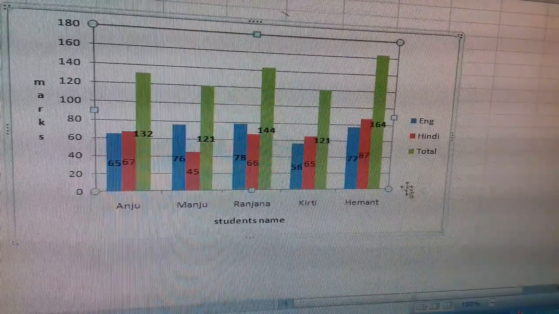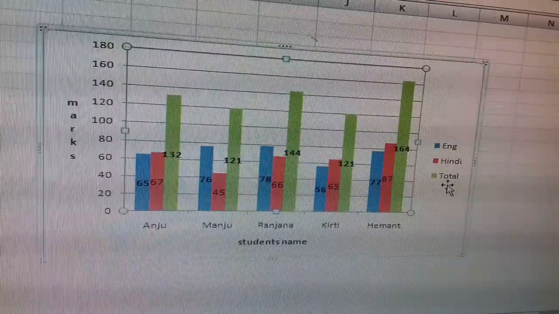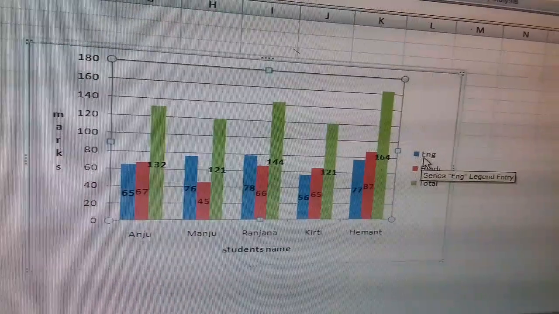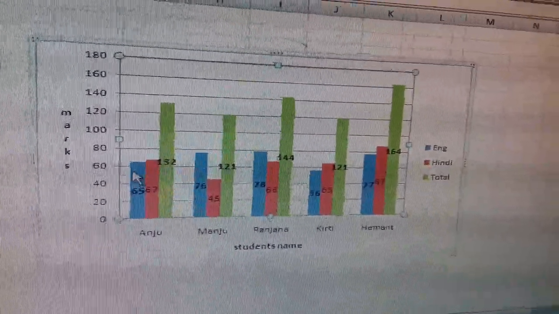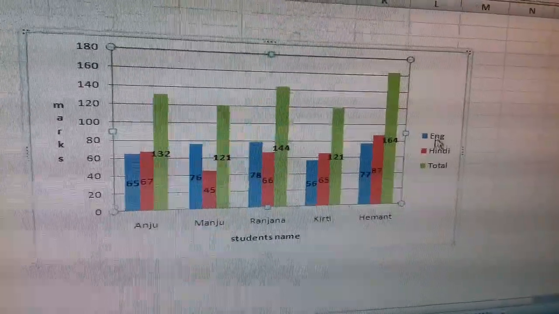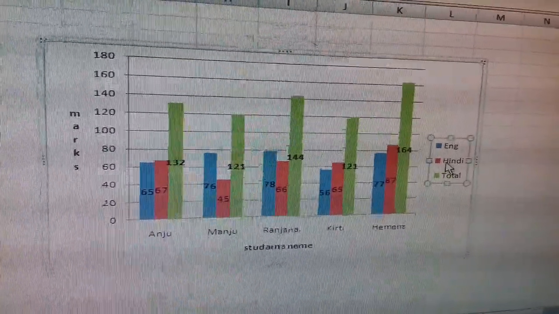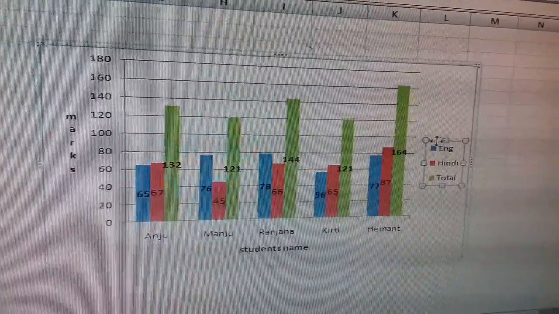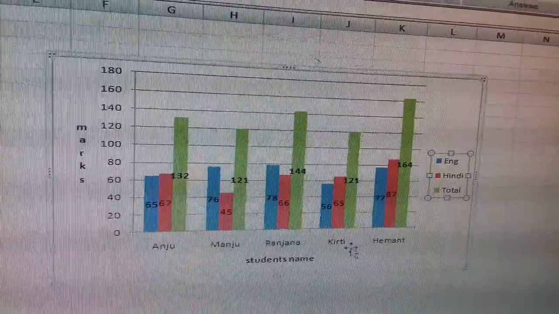Now I think you can see this side. This is called an index in your geography. You make an index in geography to show the different states. Here these bars, these data series are represented here, and in Excel we say legend. So this is called legend. You can shift it from here to anywhere inside the chart area.